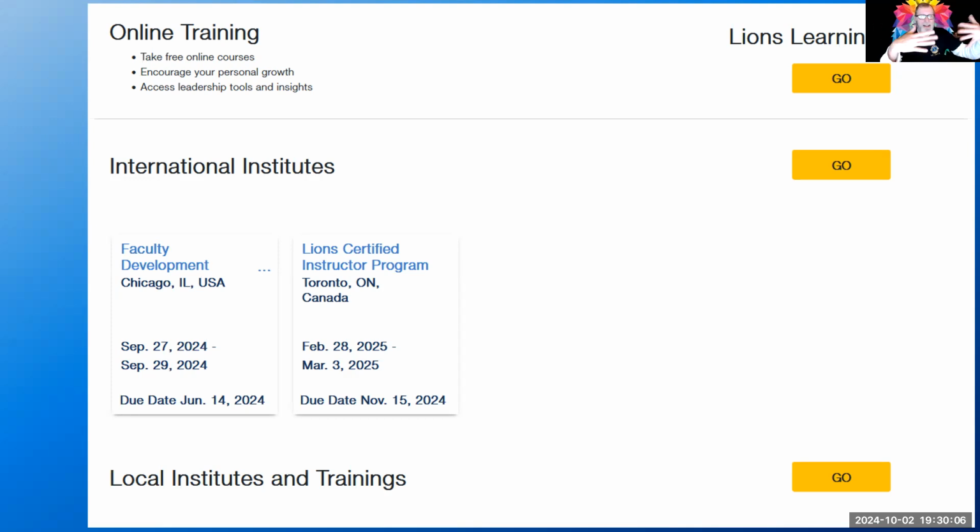Up above that is the International Institutes. And this is talking about institutes training sessions that Lions International puts on. There are several different institutes, and we see a couple of them right there: faculty development and LCIP. Whenever Lions International puts on an institute, they invite people to attend, of course. And the idea is